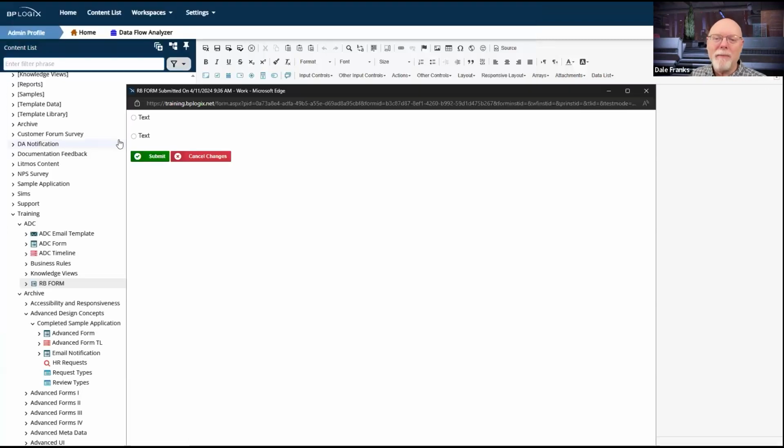It invoked it. I can check both, and that ain't how radio buttons are supposed to work. I'm not supposed to be able to check both of them. The reason that I can, however, is because this is technically two completely different radio button groupings. This is radio 1, but it only contains one radio button, and that's radio 2.